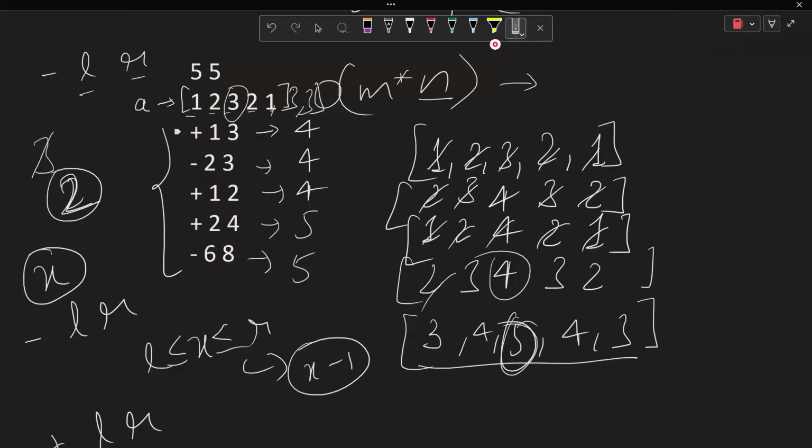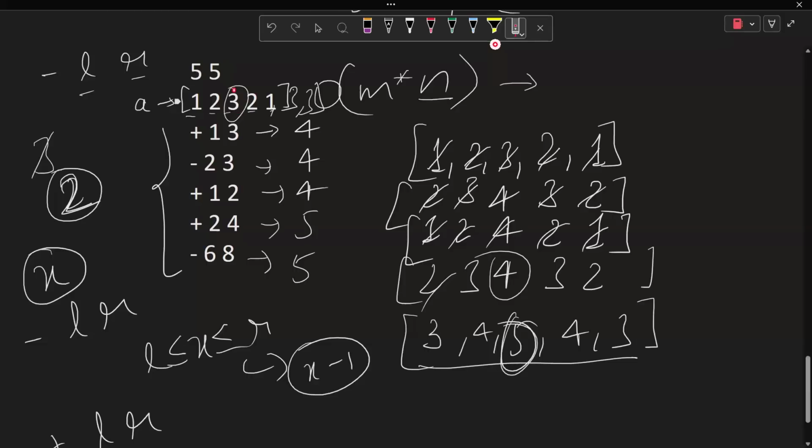So if your maximum value is in the range, then if it is a plus operation, increment the maximum value. If it is a minus operation, decrement the maximum value. Because on every operation, you are only incrementing by +1 or -1. So it would not happen that there is some value 2, which is less than 3, and after some plus operations, it goes above 3. Either both of them would get incremented, or only this 3 would get incremented, or this 2 would get incremented to 3. It can get equal to 3, but it would never cross 3,